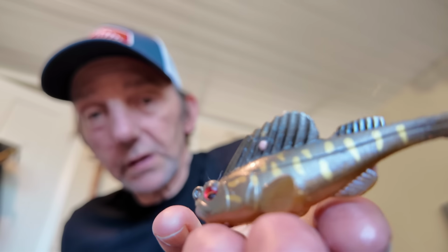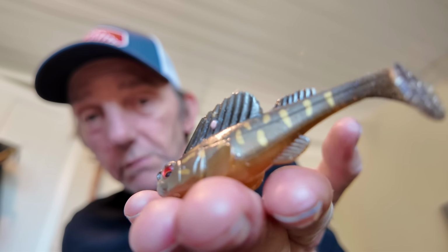So I wanted to just talk a bit about that lure, why I find it so good, and dispel some of the myths, right? So the most common myth is that you only fish it in the estuary, and that's absolutely not true. Actually, you will get goby type fish like these guys in an estuary, right? They're far more likely to be on the coast, right? So if you fish the kind of coast that I fish, which is shallow, reefy, rock pools, all of that stuff,